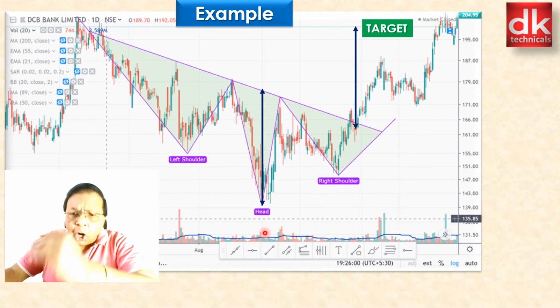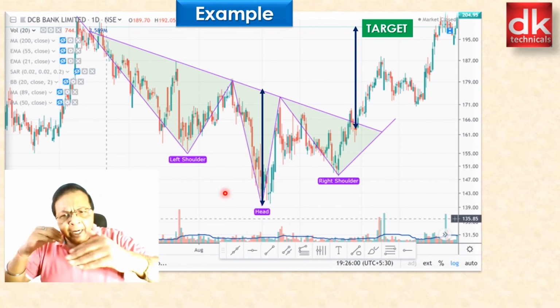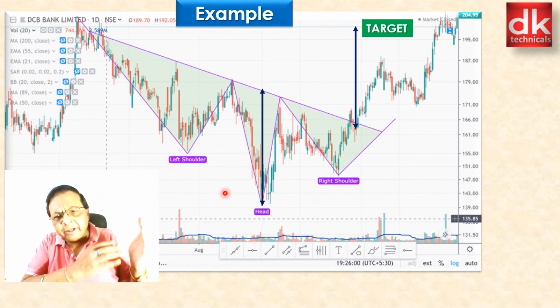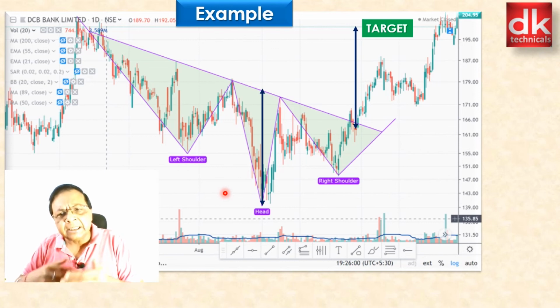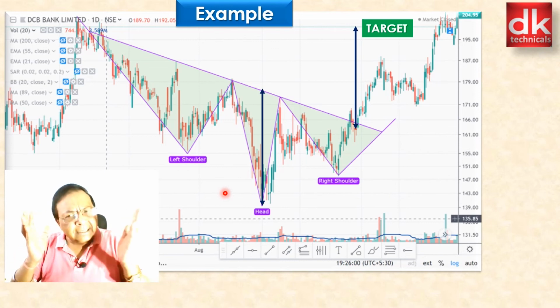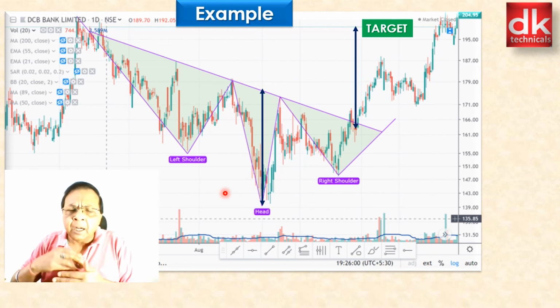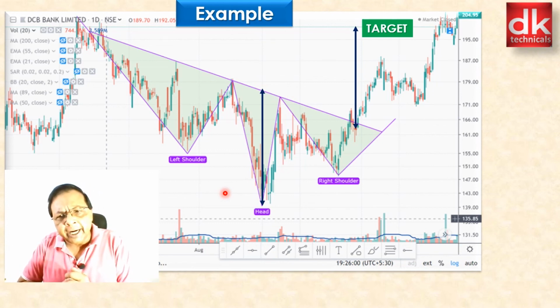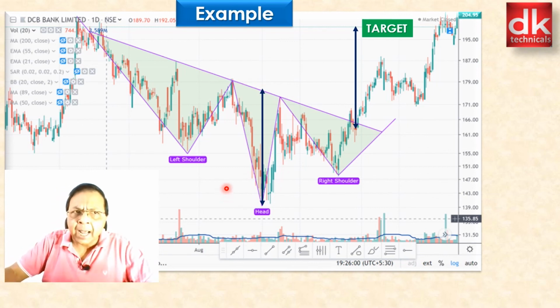This breakout of a reversal chart pattern, the accumulation phase, indicates that the price which was trending down will now change its course and has reached the markup phase, where the price structure is likely to be a higher highs and higher lows kind of formation. The markup phase, also known as the public participation phase, will give a number of opportunities for long trading or swing trading in the markup phase of the market.